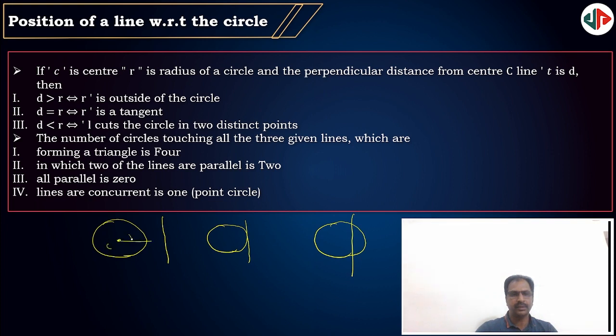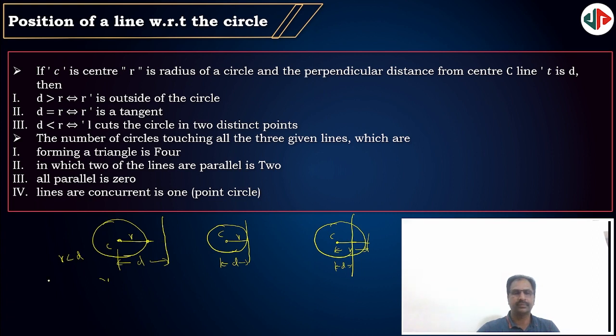This is the center, this is the radius. Let D be the perpendicular distance from center to the line. So what is D? Perpendicular distance from center to the line. If you look at the three diagrams, look at the first diagram. From here to here is the radius, and D is the perpendicular distance from center to the line. It is very clear that here R is less than D. So if the radius of the circle is less than the perpendicular distance from center to the line, then the line completely lies